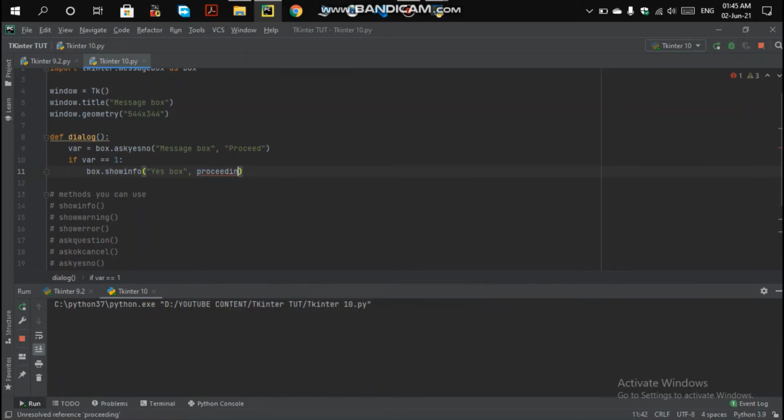So this is basically the box dot show info. If the condition is satisfied, that the value stored in that variable is 1, then you will be doing box dot show info, the title will be yes box, and the message will be proceeding.